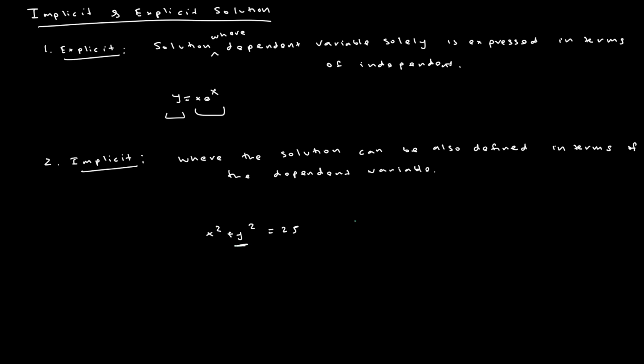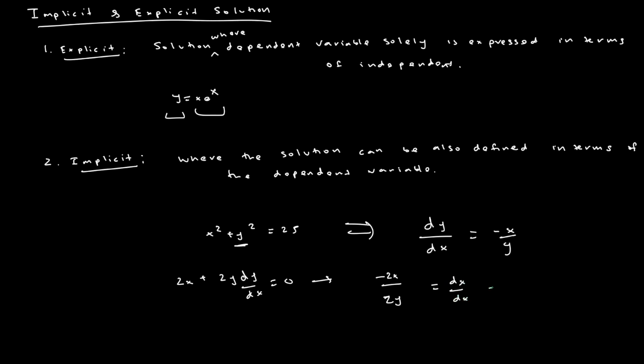And so we can say that this is an implicit solution, or let's verify that this is an implicit solution of this DEQ, right? And again, it's very similar to what we did before, but now we're just going to implicitly differentiate it. So we get 2x plus 2y dy over dx is equal to 0. And then we take stuff to the right side, and we get minus 2x divided by 2y is equal to dy over dx. And so we know that that is minus x over y. And so we validated this